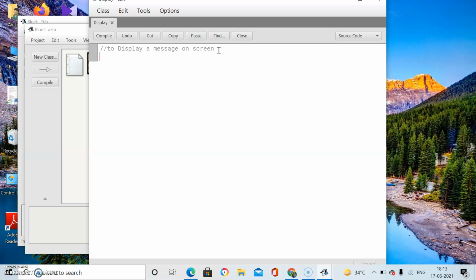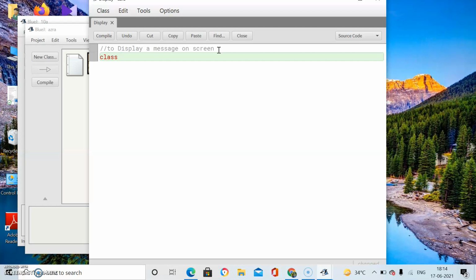So first you will create a class in a Java program. Everything will be within a class. Each and every code, each and every executable statement will be within a class. So how to define a class? First write the class keyword in small letters, then space. It's a keyword, you will write it as it is, then space, then the name you have taken for your class. Class keyword followed by the name of class.